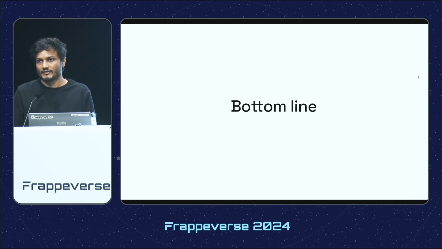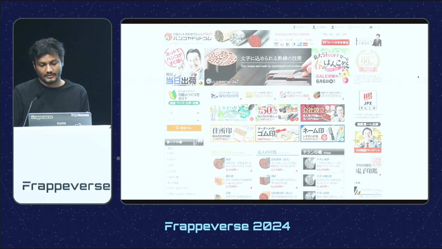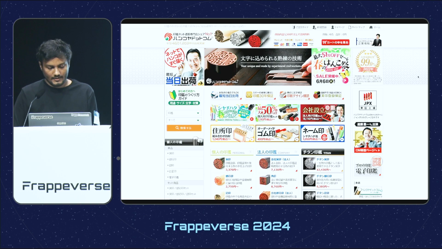Remember that design is always subjective, and it's also influenced by culture and history. So for example, if I were to show you this Japanese website, I would say this looks very cluttered. But if you ask a Japanese person, they'll say that this is a very high context information website, because high context information is very necessary for them to build trust and confidence in a business.